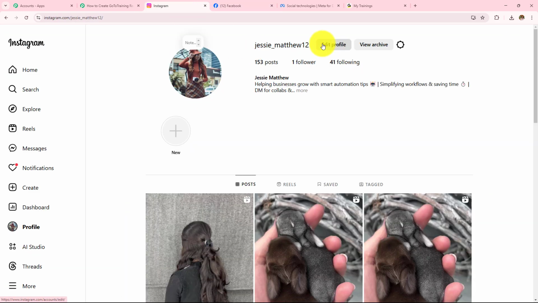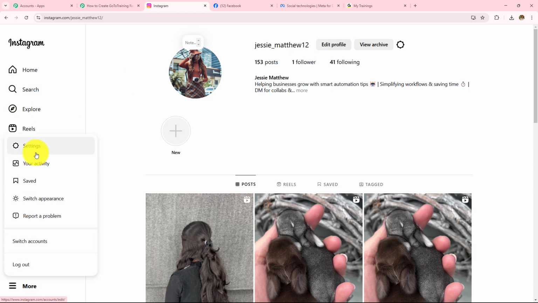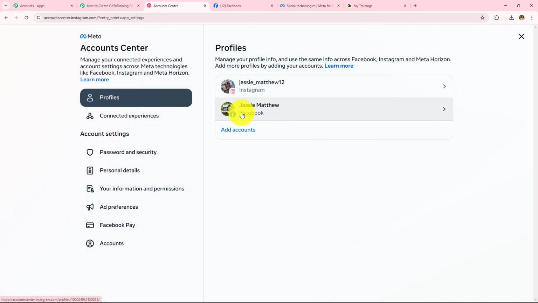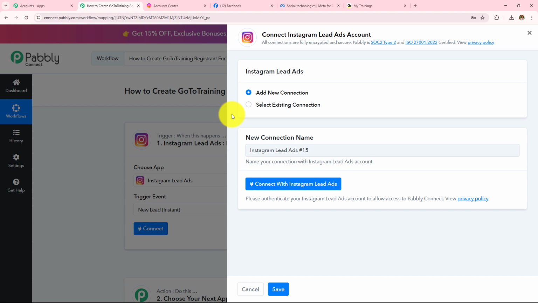This is my Instagram account. On the left hand side where I can see all these options, I'm going to click on this more and then go to the settings, from where I have to click on the see more in account center. Now over here I can see that my Instagram and my Facebook are connected. Now whenever I will be making the form submission in my lead ads testing tool, which is under Meta for Developers, I will receive the lead in my workflow after making the connection.